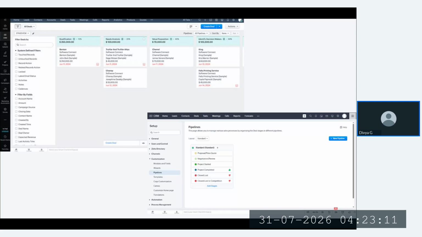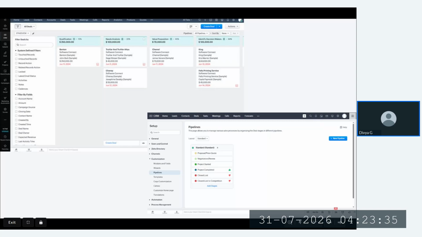Yeah, and this is the front view of the deal page, where it can list your deals. It can be either the deal stage, and in order to maintain the deal stage, you have to create a pipeline.